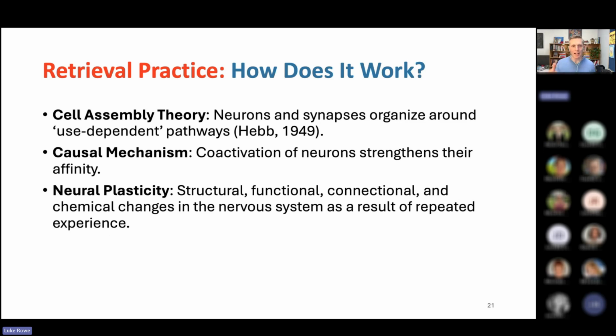But one of the ways it starts to prioritize things is if they're repeated, right? And if they're effortfully engaged with. And so the architecture of the brain wraps itself around and responds to the stimulus and the habitual patterns of thinking and retrieval practice that you impose upon that. So the more repeatedly that you engage with a particular concept or a way of thinking or a thinking process, you have this, what Donald Hebb, teacher turned neuroscientist back in the 1940s, said was use-dependent pathways starting to form